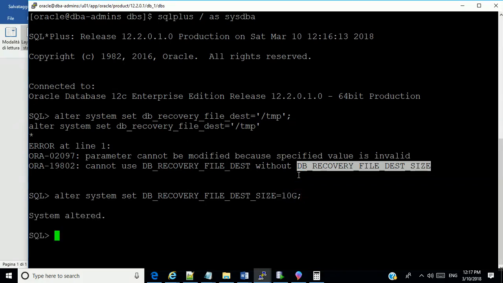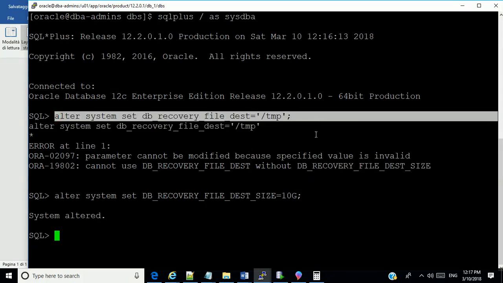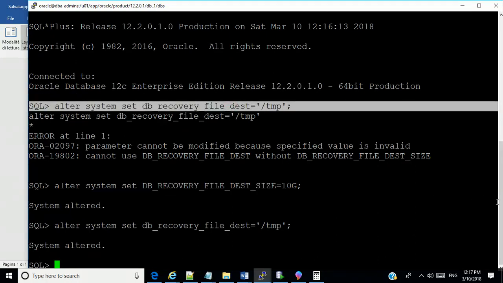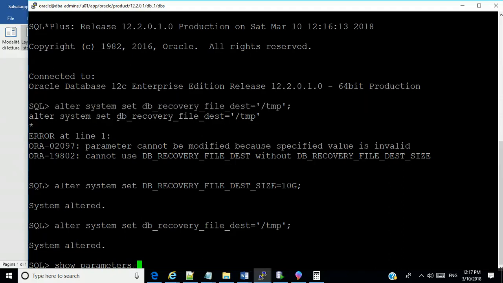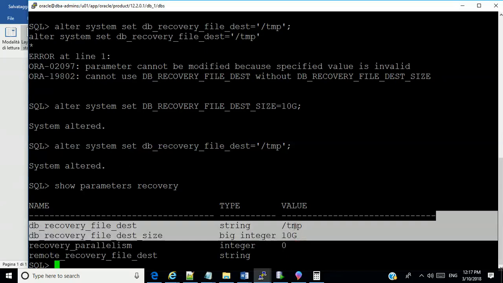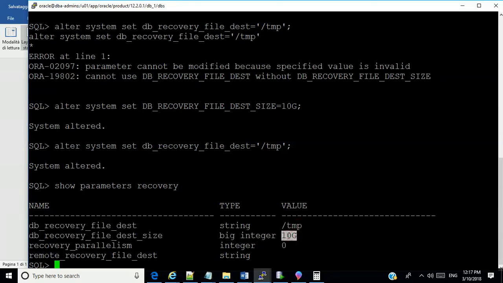And also I'll do this to this. It tells me that if I don't set this, there's no way I can set this because they go hand in hand. So if you look at the parameters now, show parameters, let's say recovery. If you get anything that has got recovery in the string, it will give me those values I just put. Remember, TMP and temp. But if I reboot the database, it won't show those values anymore because I did not save it to the SP file. It's only taking effect in the memory RAM now.